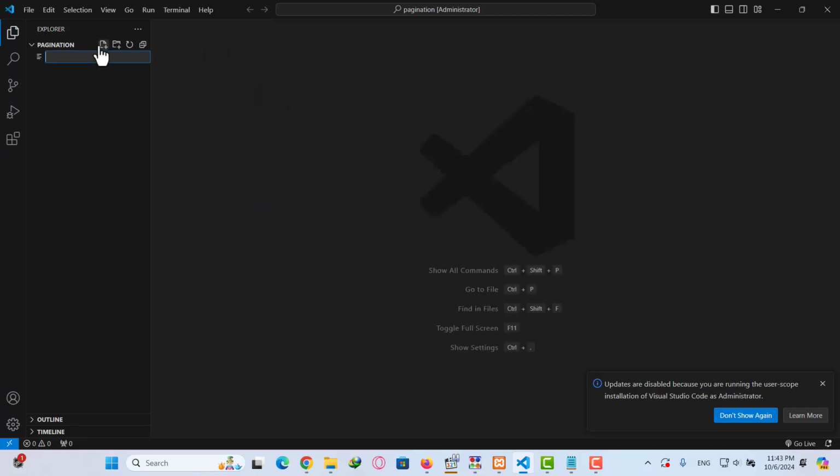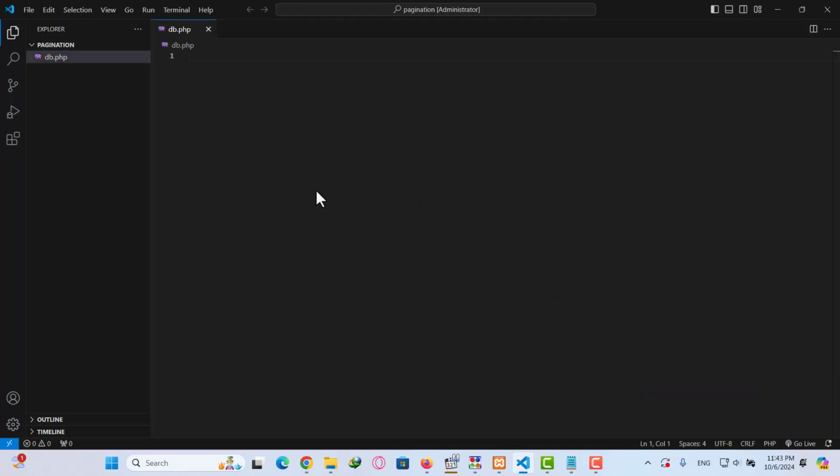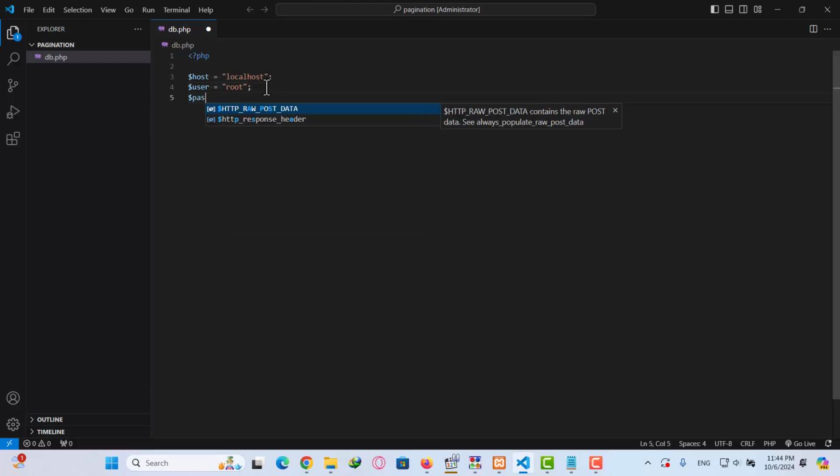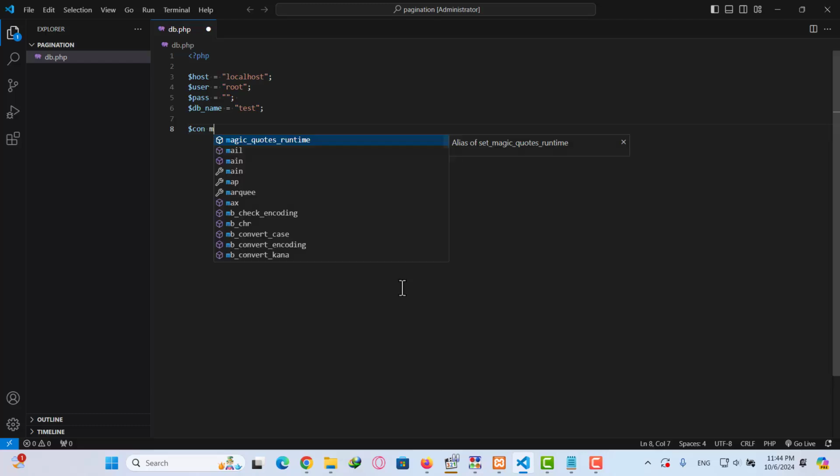Okay, first of all, I create a file called db.php. This is my database connection. So I create my database connection very quickly. This is my host name, and then my host username, because I use localhost and I use XAMPP. This is root. My password is empty, and then my database name. My database name is test, and then I just make a variable called con for connection,